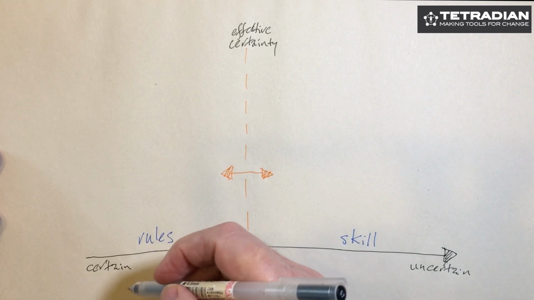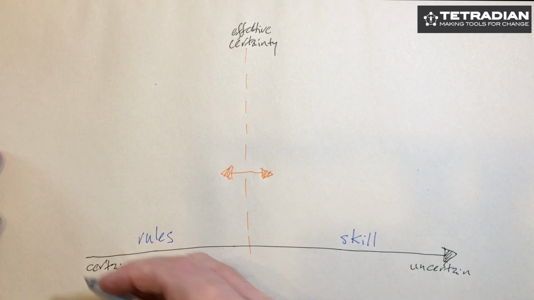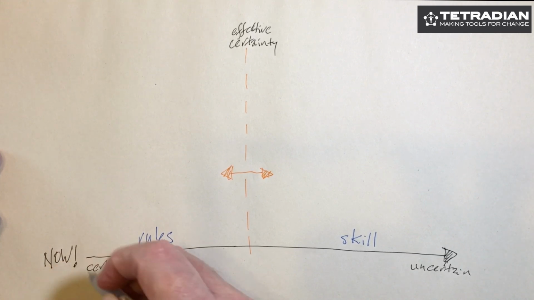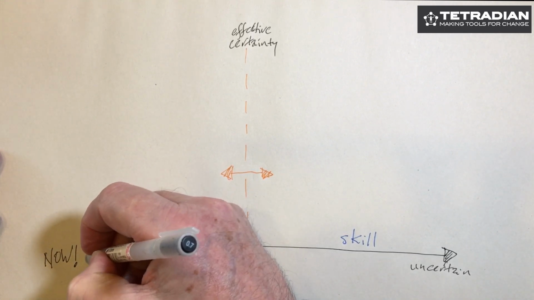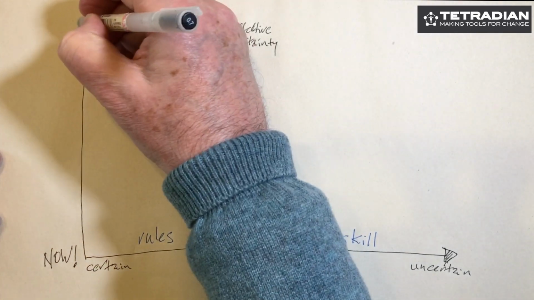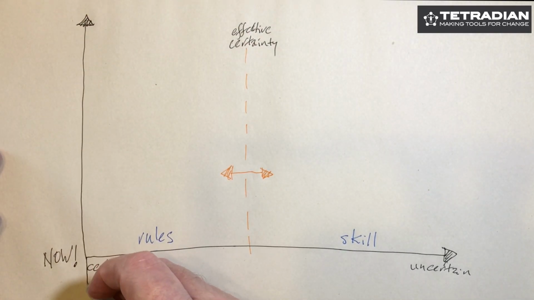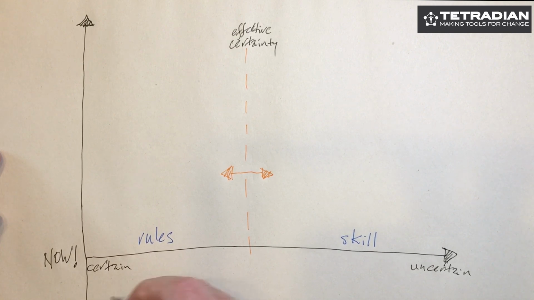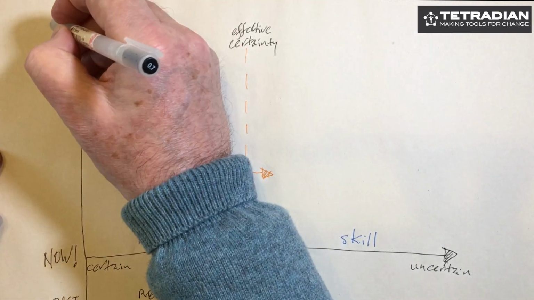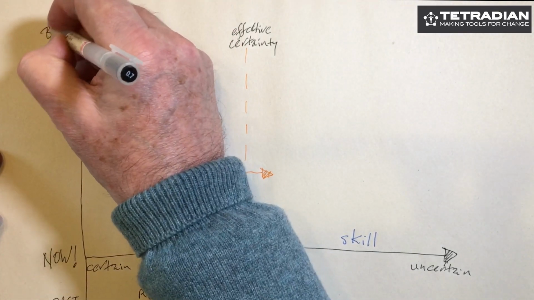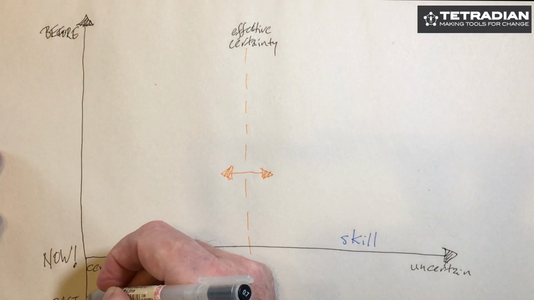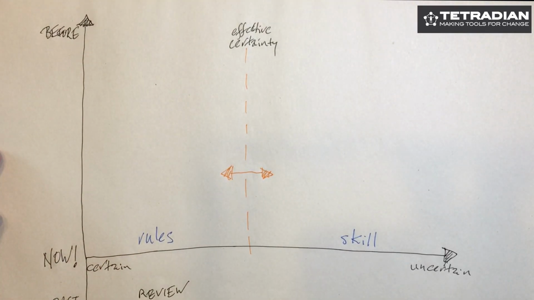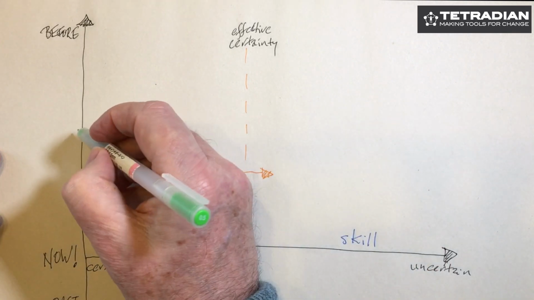Going the other direction, think of the amount of time before, if you think of this as now, then how much time do we have before we have to take action? And also going into what will then be the past, where we can review, but we can't change anything. So from now into the past, and also how much time we have before what needs to be the now, the planning that we can do. So there's another kind of axis that happens,